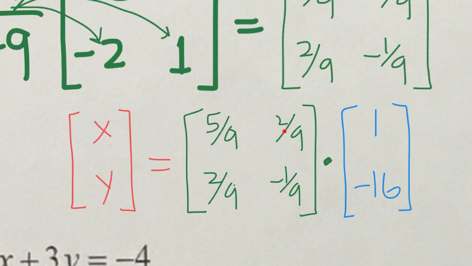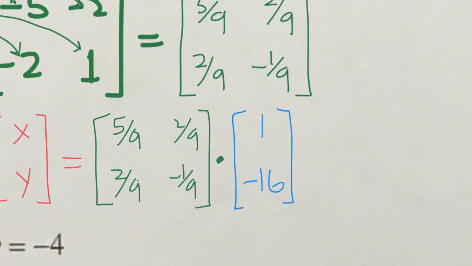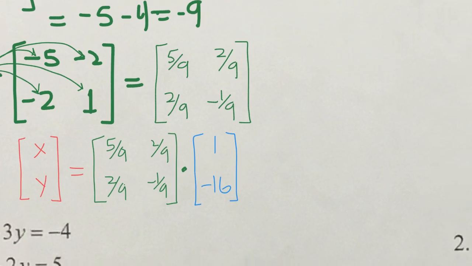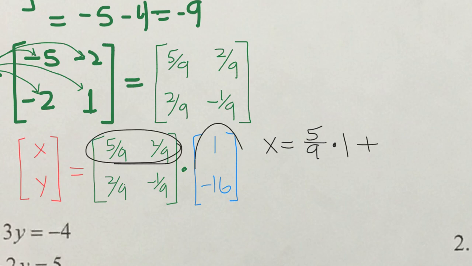So we're going to take this top row and multiply it by this column, because that's how matrices are multiplied. The row of the left matrix times the column of the right matrix. And it's the first term times the first term, so 5/9 times 1. I need to make it bigger. X equals 5/9 times 1 plus 2/9 times